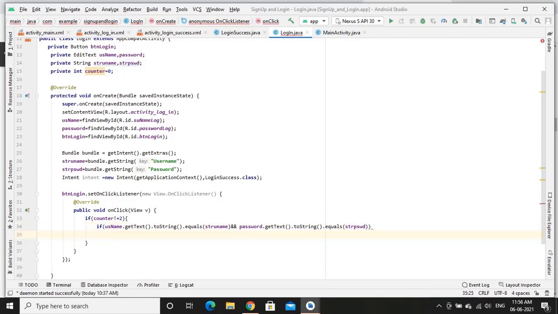then I need to go to the next activity, that is nothing but login success. For that, I need to start the activity. So start activity. Which activity? Whatever I have stored inside this intent.